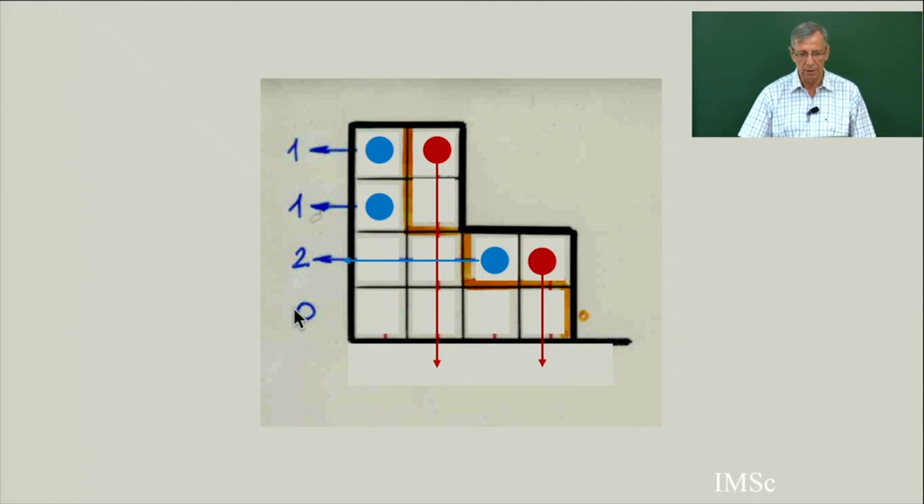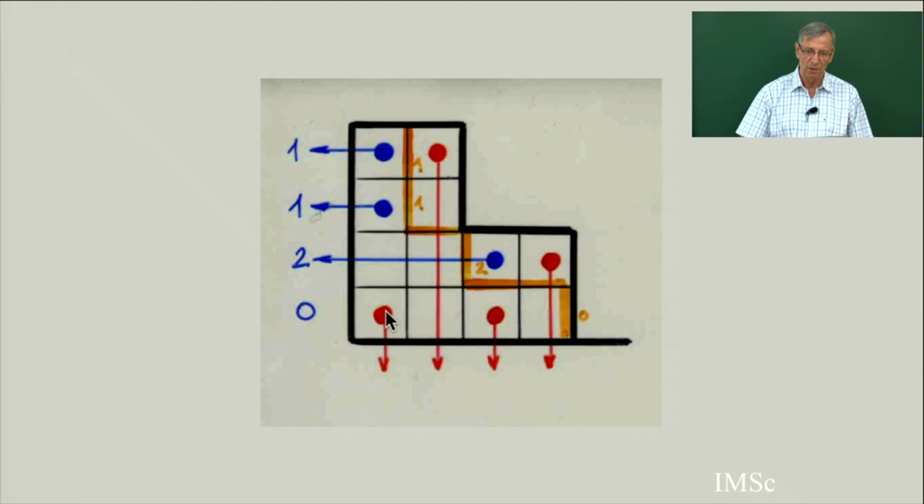Now this one is 0, which means I don't put any blue point. When it's 0, the two paths are touching. But I have to fill up this cell, so I have to put 2 red points. This is a reverse bijection. So you see from a pair of paths, the yellow path included in the Ferrers diagram, I can completely reconstruct the Catalan alternative tableau.